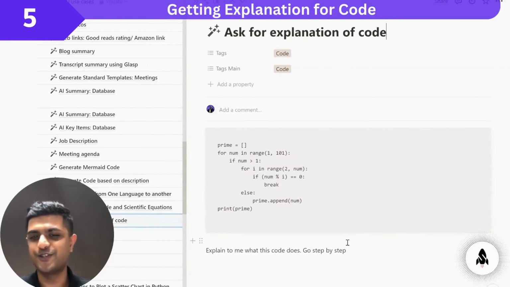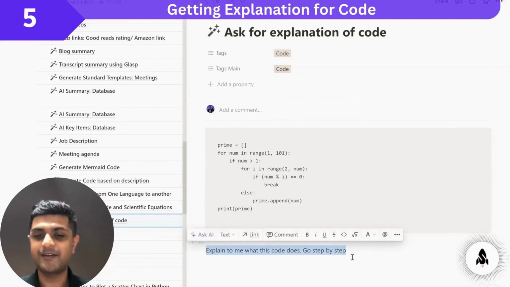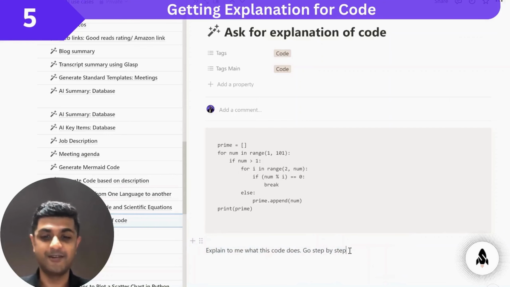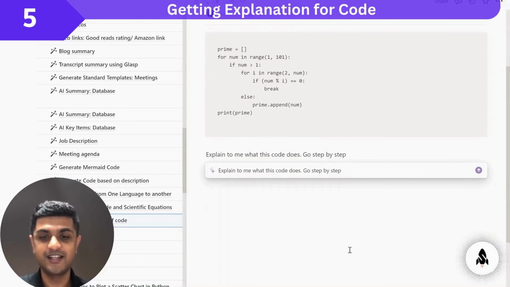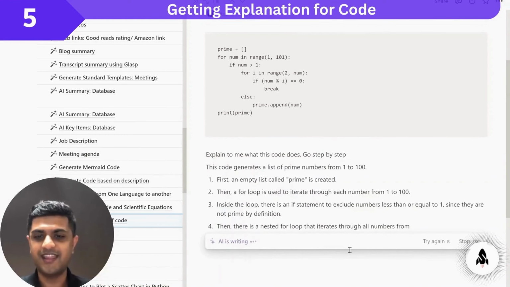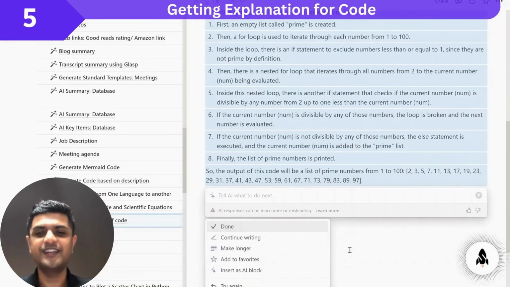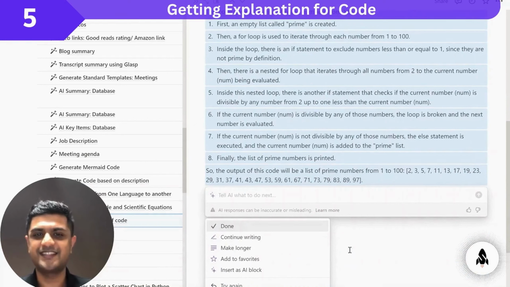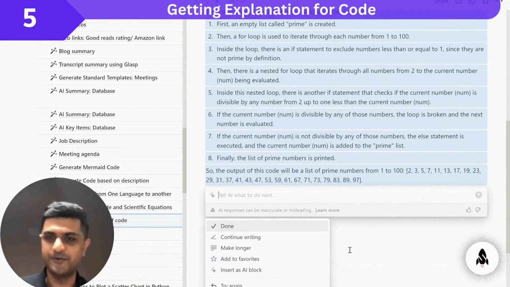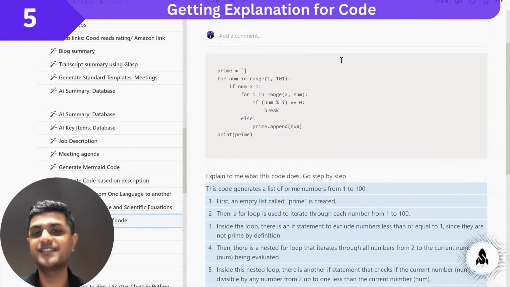The next thing I want to show you is the fact that Notion AI can actually generate explanations for your piece of code as well. So sometimes you will come across snippets of code and you don't understand what they're doing. So sometimes what I do is I just paste them into a Gen AI model and ask it to explain to me what this code does. The important thing is to say go step by step, because the moment you put that instruction in, it will create this bullet list or a numbered list where it's telling you exactly how the code works every step of the way. So this is our